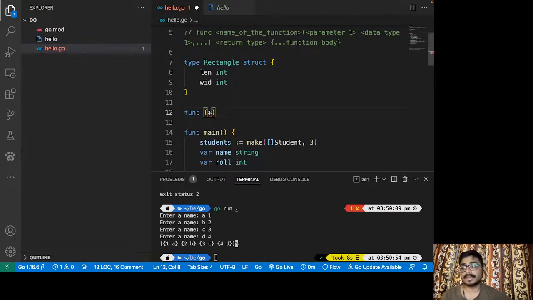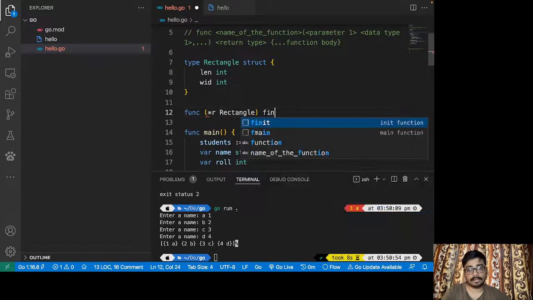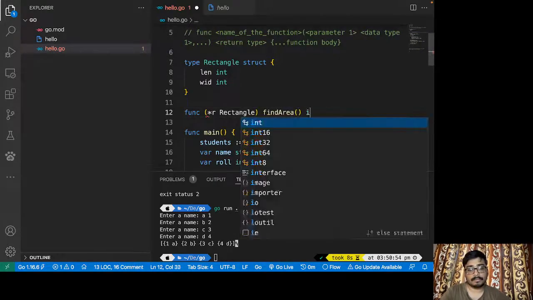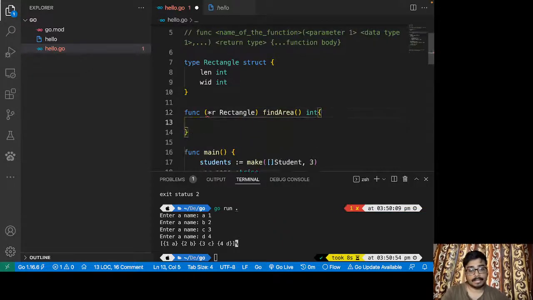A pointer is kind of a special variable which can store the address of another variable. We don't need to go deep on pointers right away. So let's say r, and it will be of type rectangle, and the function will be find area, which will take no input and will output an integer based area, and which will return r.length